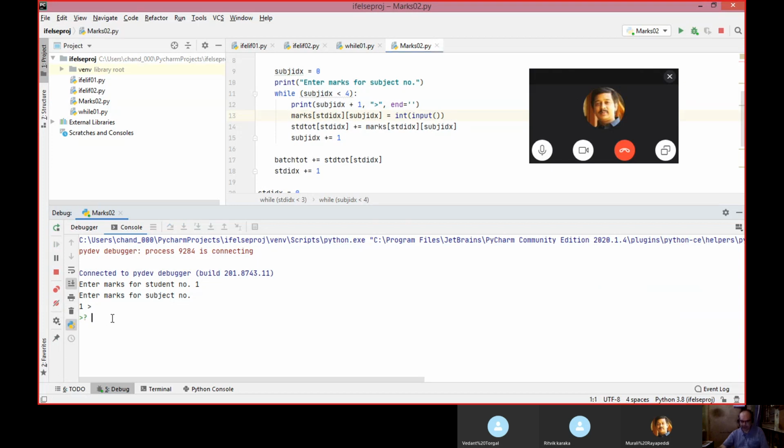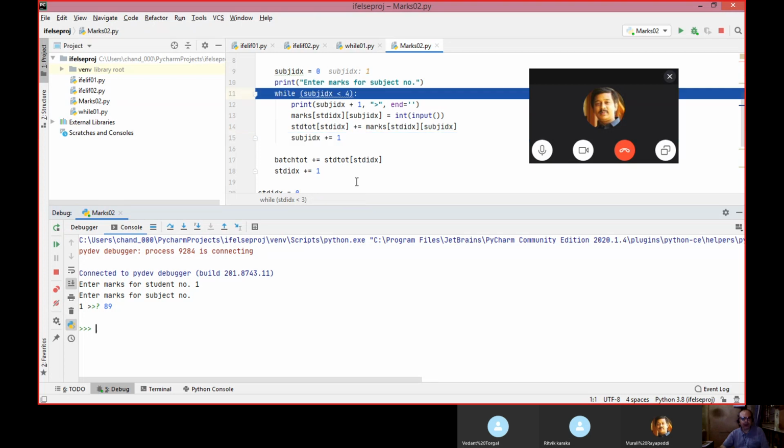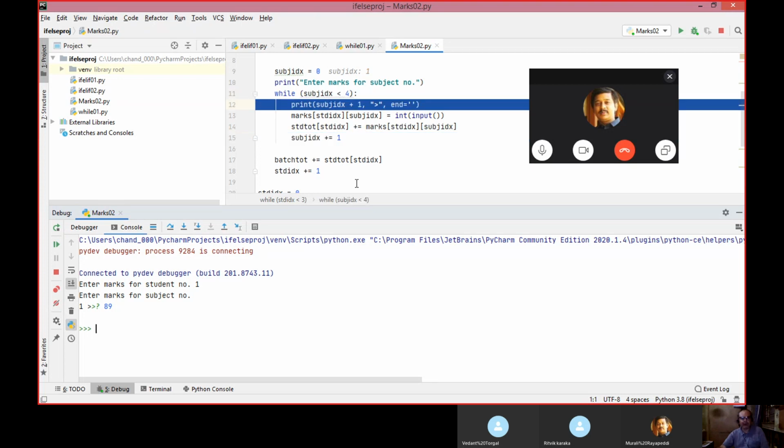It is waiting for our input. So we will enter 89. Enter. See this. Student total. How it is going. See, while loop. It's inside the while loop.